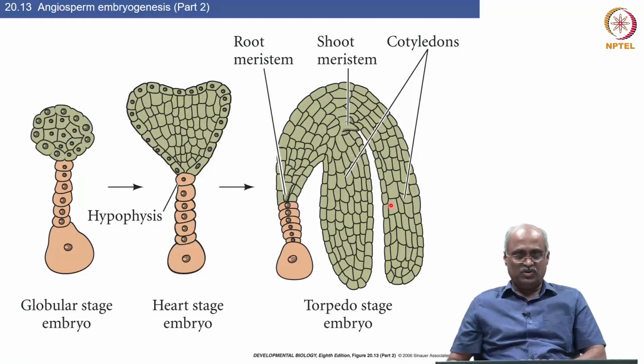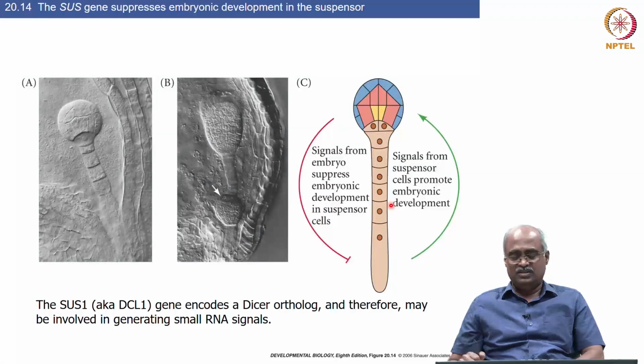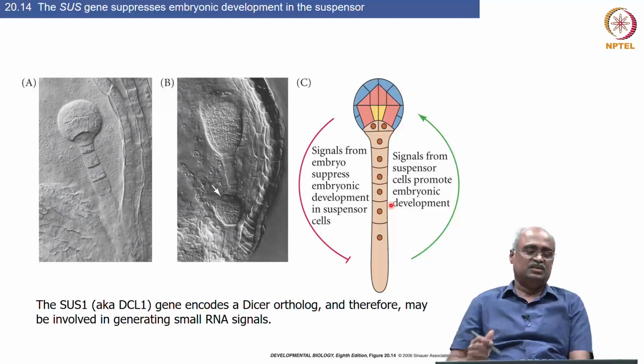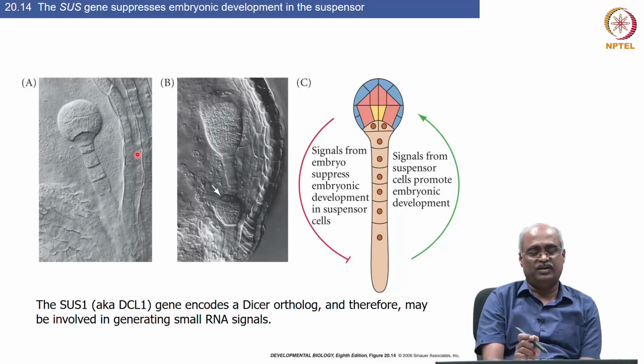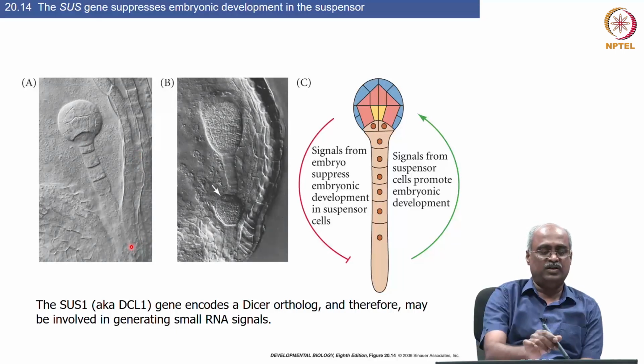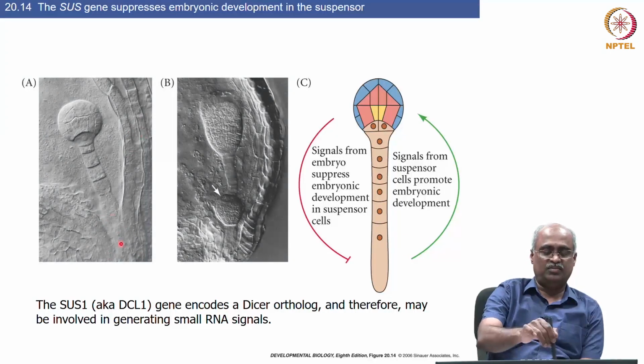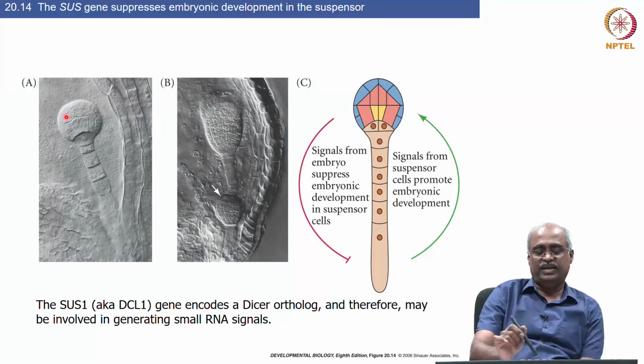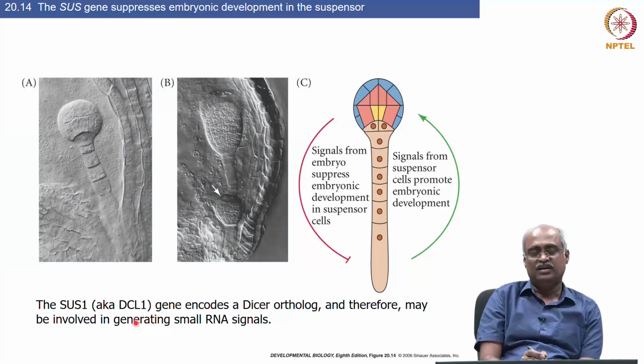So this is an overview. We will get into some detail on each one of these. First, let us look at the suspensors. This is the micrograph of a wild type embryo. This is the suspensor attached via the placenta to the sporophytic tissue, and this is the embryo developing. In a mutant of a gene called Sus1, which is called dicer like 1 because of its similarity